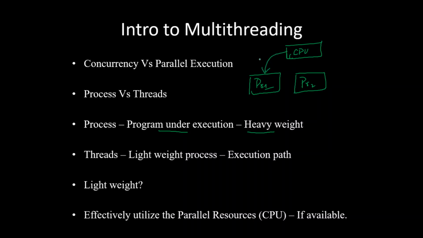CPU will execute this process for say 2 milliseconds or 4 milliseconds, whatever it may be. After that, the CPU should context switch to the next process, that is P2. But this context switch will be done by the operating system. Who will do this context switch? It will be done by the operating system. And this context switch is not an easy task. It is a little tricky task. So it is called as heavyweight. Because of this context switching, the processes are called as heavyweight.